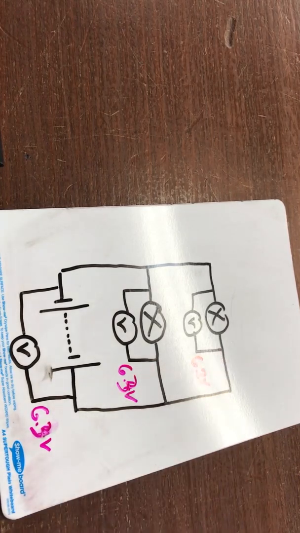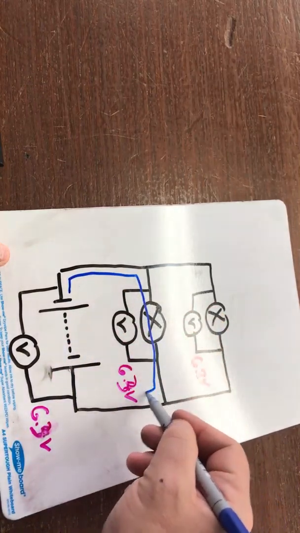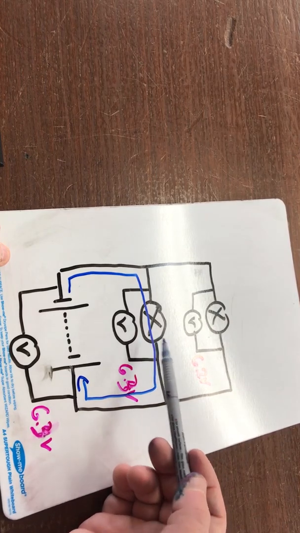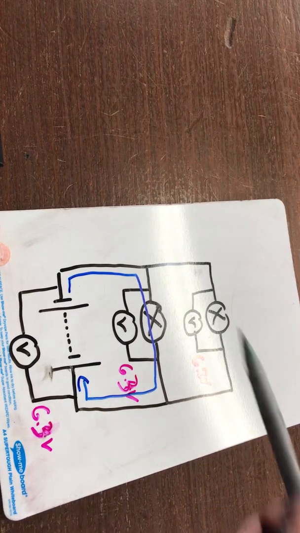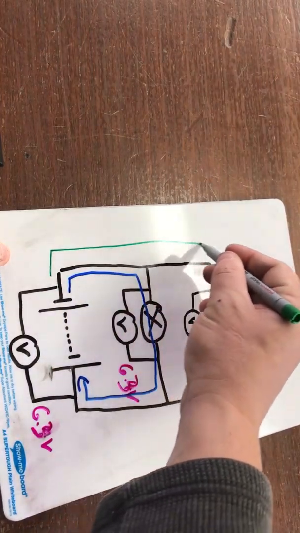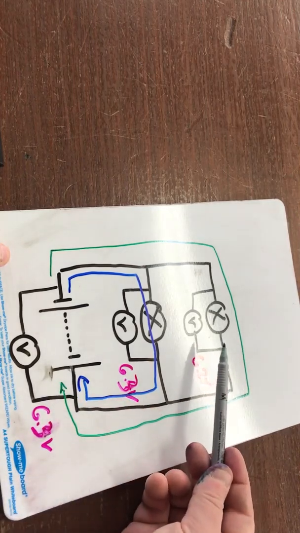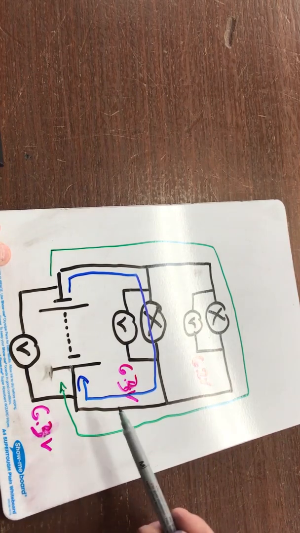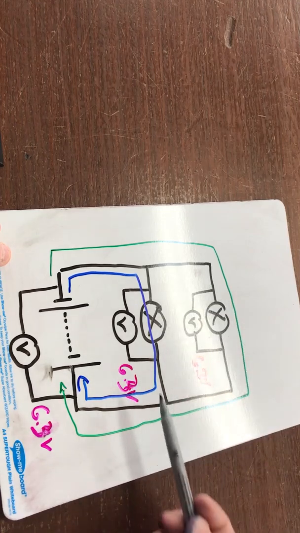and this lamp. And if we consider the routes that the electrons can flow around, we've got electrons leaving here with 6.3 volts worth of energy, and they only meet this one lamp, so that's the only place they can deposit that energy. They don't go to this lamp, so they don't deposit any energy there. And then this second route, the electrons flow along here, and again, the ones following the green route only go through this lamp. So that is the only place they can deposit their energy. So they've deposited 6.3 volts here and 6.2 volts here. As I say, we normally ignore the wires, but they will take a little bit of energy to